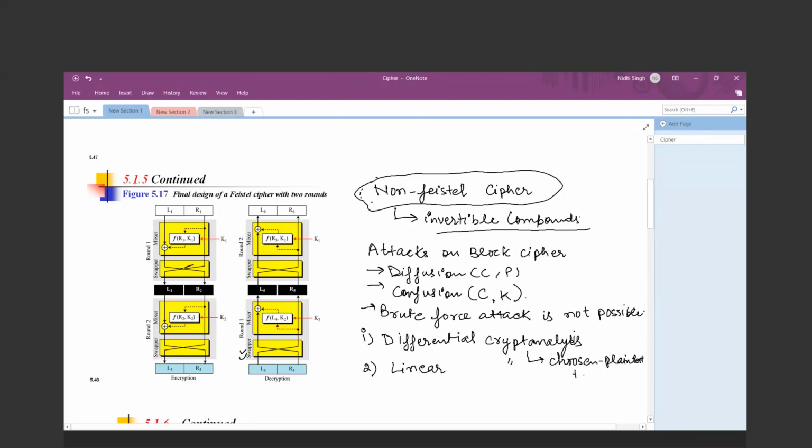In the chosen plain text attack, the attacker has access to Alice's computer and intercepts the plain text, and the ciphertext is public in nature, which means the attacker has a pair of ciphertext and plain text. Now from the ciphertext and the plain text, the goal of the attacker is to find the key value, such that by using the key value it can decrypt future ciphertext generated by Alice. Okay, so the goal is to find the cipher key.